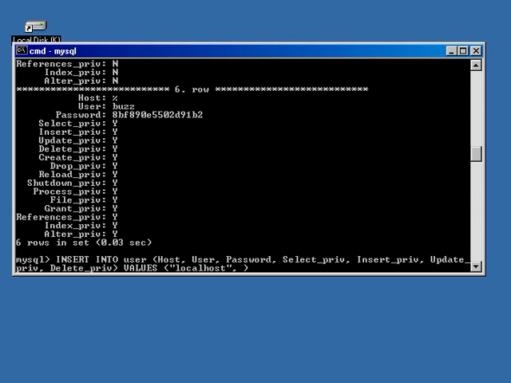So, localhost. Now we're going to put the actual name of this user. We'll just call it PHP because we're going to be using PHP scripts to connect to this database. Next is the password. See how they store it in all these weird numbers and letters? That's because it's actually storing the password encrypted. It doesn't store it in plain text, so you can't just look at the record and read it. But when we insert, we have to have MySQL encrypt it when it adds it. So we'll use password. Password, and then